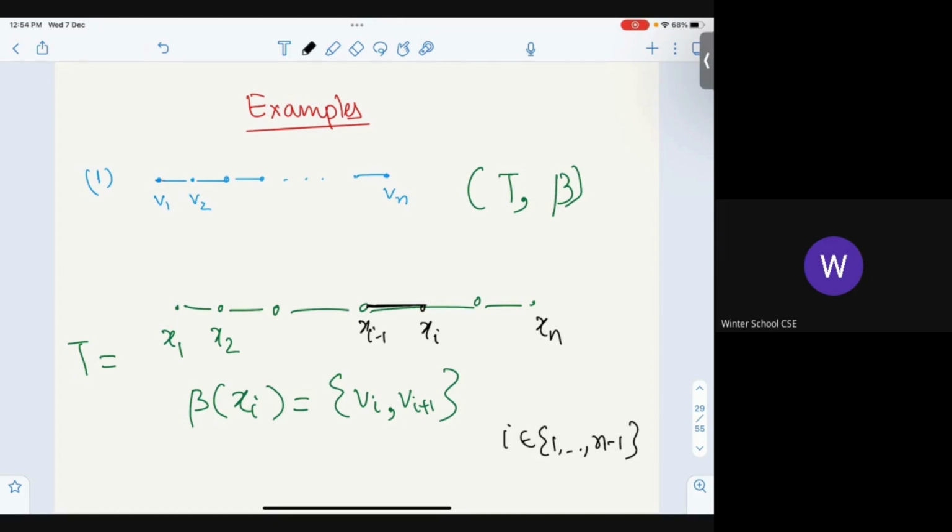I can delete edges so that it becomes a tree. I'll show you what is the disadvantage of that. Imagine I give you a graph with 2n edges, or a graph with n square edges. How many edges do I need to delete so that it becomes a tree? N square. So this is why it's a bad definition.